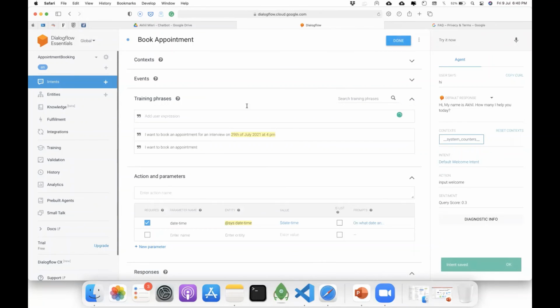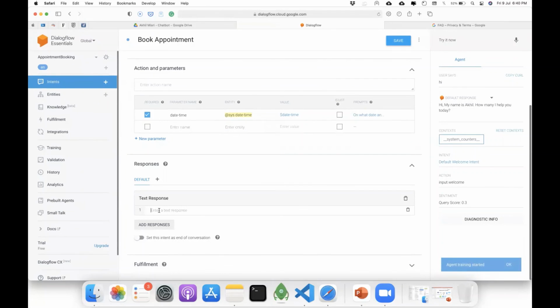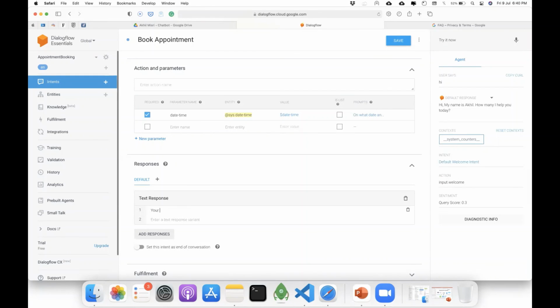One thing to always remember is you need an answer, right? So you need to make sure that the chatbot is able to respond. Here, now I say your appointment has been booked on. So let's see.